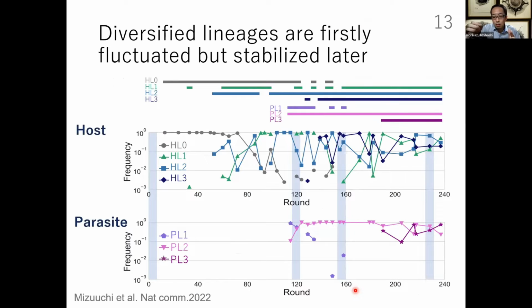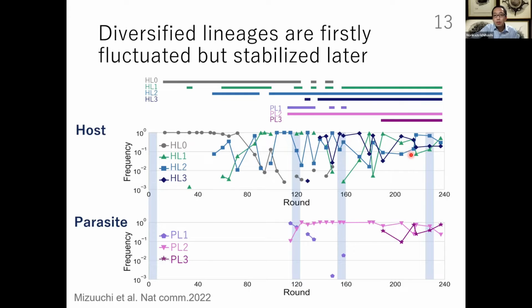Then we analyzed the sequence and the population dynamics of each lineage, and we found that initially each lineage is exclusive, but later they are co-replicative. For example, here I show you the frequency of each lineage, and the green line HL1 dominated the population here, but HL2 was under the detection limit. But then PL2 increased, HL2 increased. Instead, HL1 almost disappeared. In this way, initially HL1 and HL2 were exclusive, but in a later stage they co-replicated together. They existed at more than a certain rate. So we think that initially HL2 and HL1 are competitive, but they find a way to co-replicate together